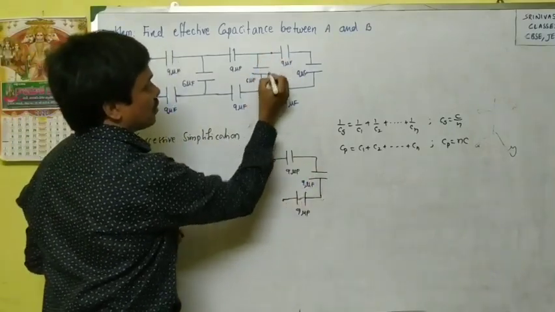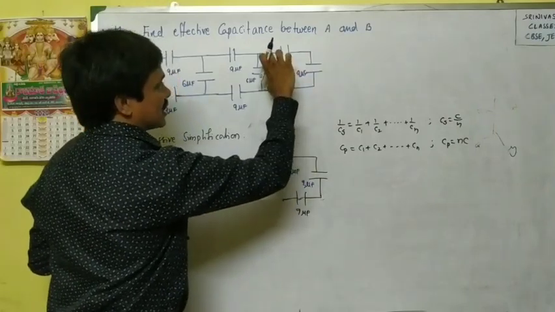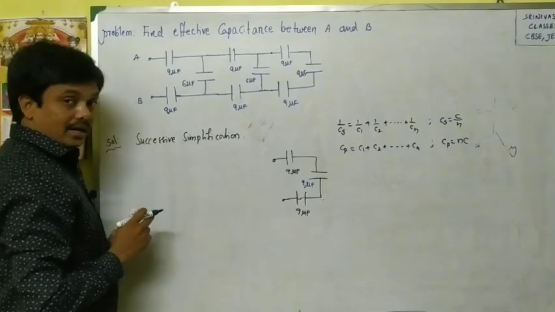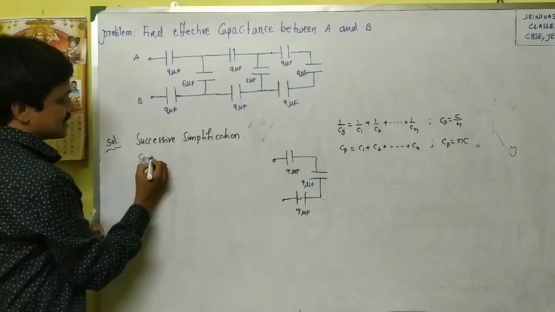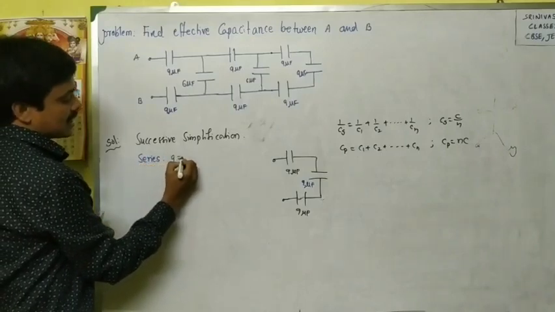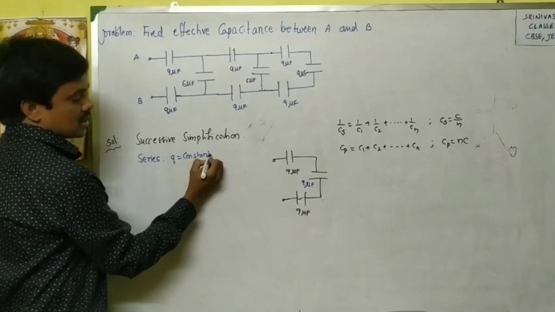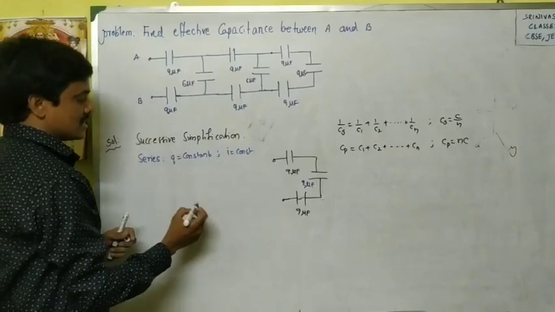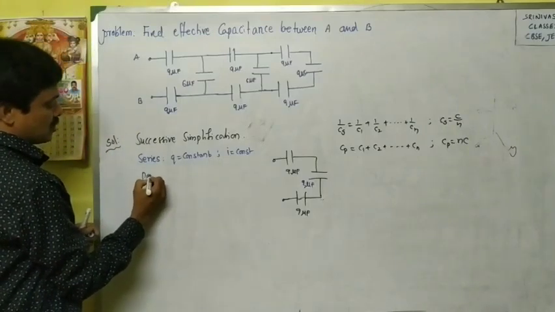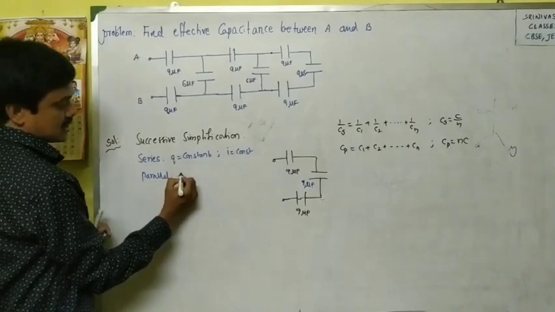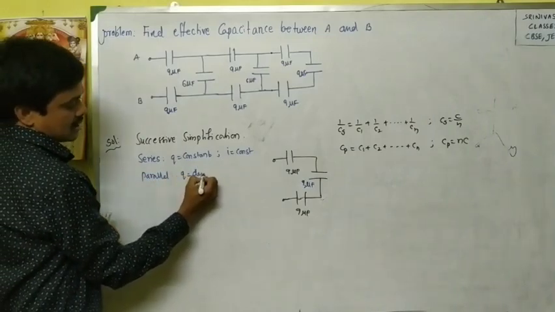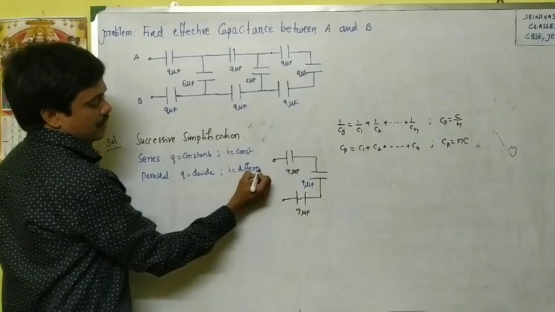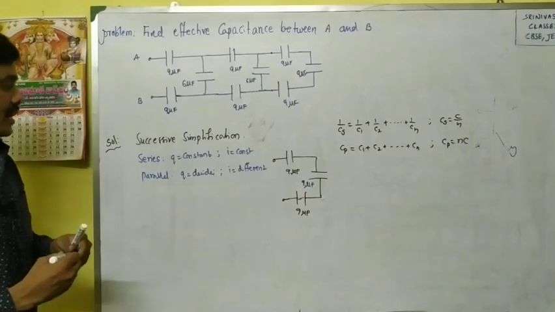First we have to come from this end, and take this part, and see whether these 3 are in series or parallel. You must remember how to determine series or parallel. In series, the same charge or the same current flows. Current is constant in series combination. But in parallel combination, the charge divides, or the current divides. It is different. Based on this, we have to tell whether it is series or parallel.